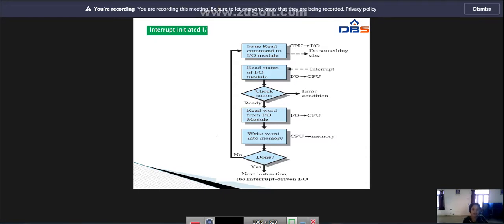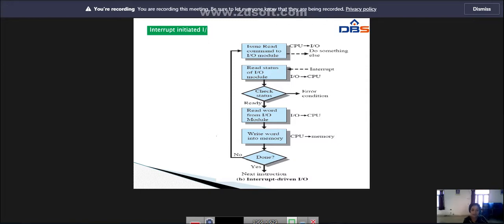So the CPU issues the read command to the input output module and does something else. After this, the CPU is kept in the busy state, and I am introducing the interrupt here and issuing some special commands. These special commands inform the interface to issue the interrupt request